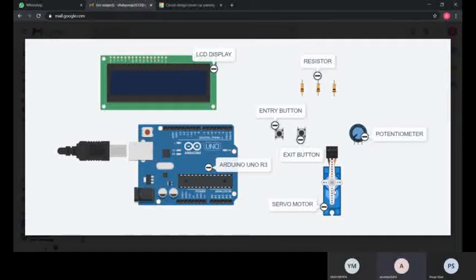The next component is the potentiometer. A potentiometer is a simple knob that provides a variable resistance which we can read into the Arduino board as an analog value. The potentiometer is a three terminal device. It has a rotating contact that acts as an adjustable voltage divider.